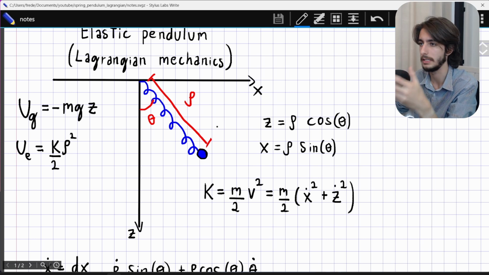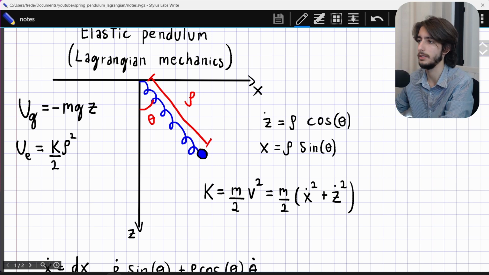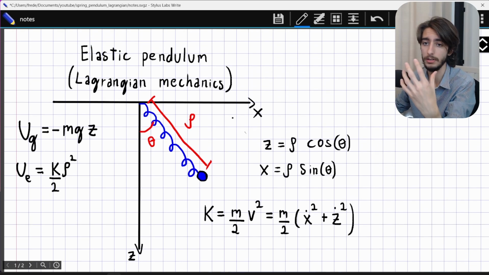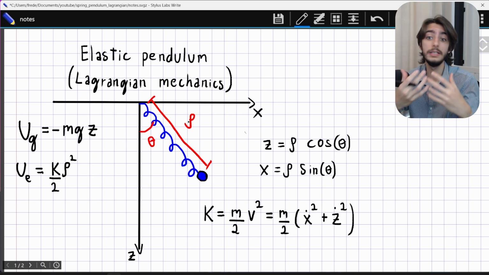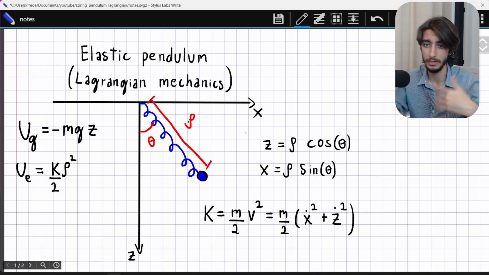And I think this is a good example of why Lagrangian mechanics is so powerful, right? You only need the energies. Of course, this takes a while, but you only need the energies. And that's the difference between this and pure Newtonian mechanics, where you usually work with the forces. In this case here, the forces are difficult and there's a lot of them, and they depend on each other, they're coupled. So it's a difficult problem to solve with Newtonian mechanics alone. So working with the energies, which are scalars, meaning they're not vectors, you don't need to deal with vectors at any point,